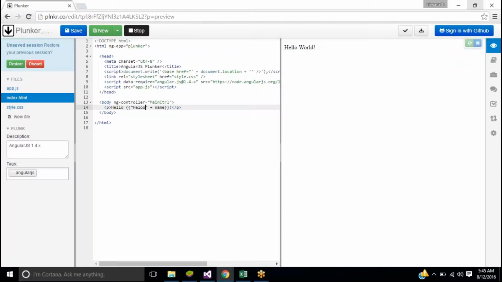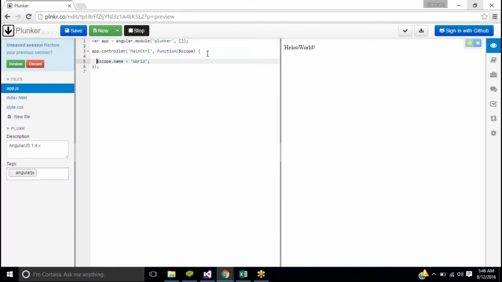So for example, hello. See, I can remove this here and keep it part of this expression, right? So what is the advantage of this? Now I can have another scope variable here.